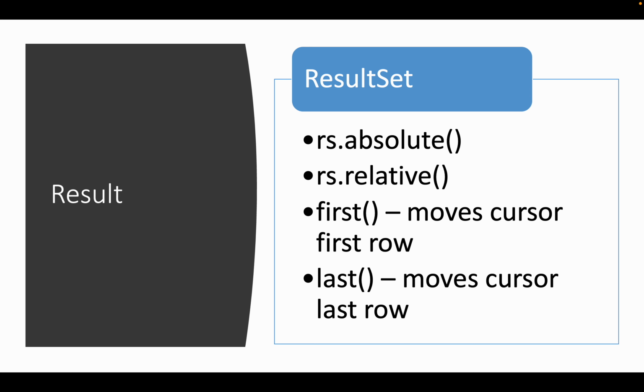Then we have relative. This one will take the cursor to the number that you're pointing to, relative to the current point where it's pointing. So if the cursor is pointing at row number 2 and you pass it 3, it will go three steps forward. If you pass it -3, it will go 3 steps backward. But that is also provided that your result set